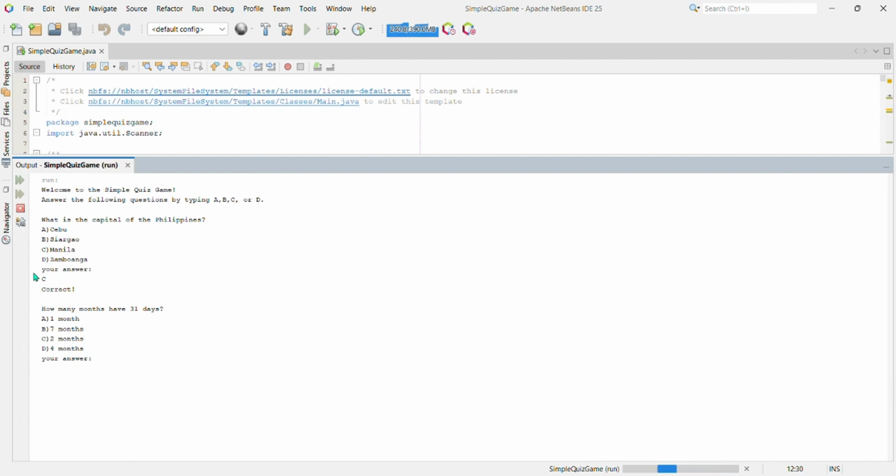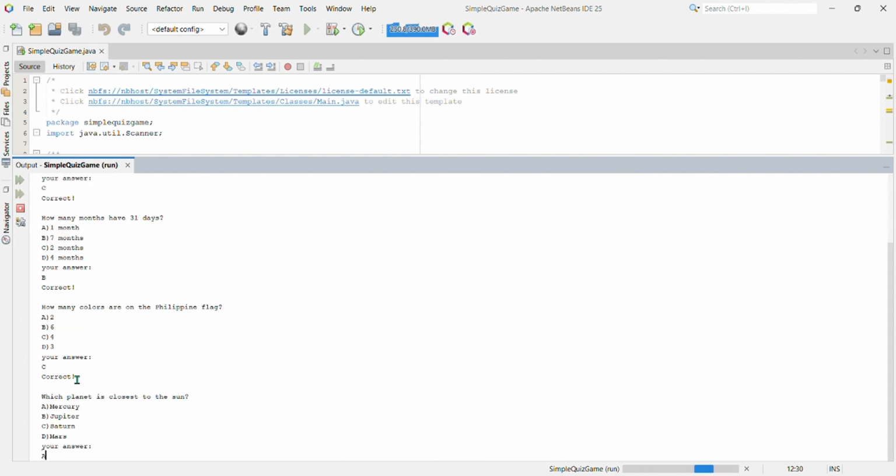As you can see, the program provides immediate feedback, whether it's correct or wrong, after each answer. Let's try to answer all of it. And if it's incorrect, as you can see here, it shows the correct answer. And so on until the last question.